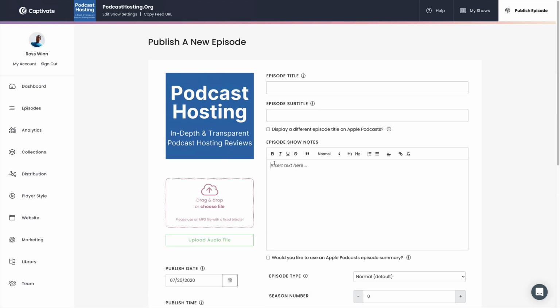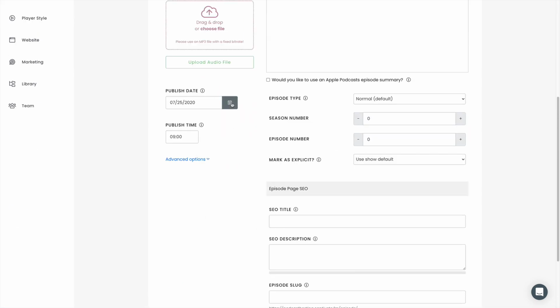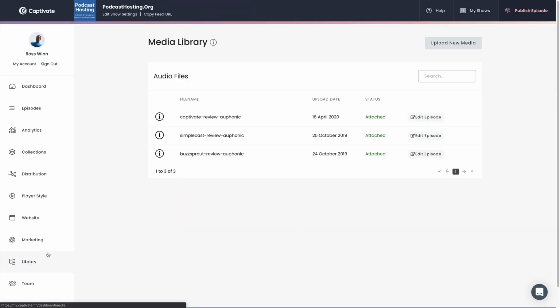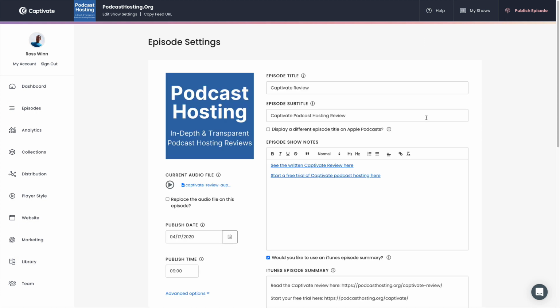Choose all your info here and set a date and click save. Simple as that. So that just gives you some flexibility, and that's what the media library is for. It lets you access your audio files in a separate dashboard, and you can see we already attached the review here. So you click edit, and this pulls into where it's attached to, which is this episode